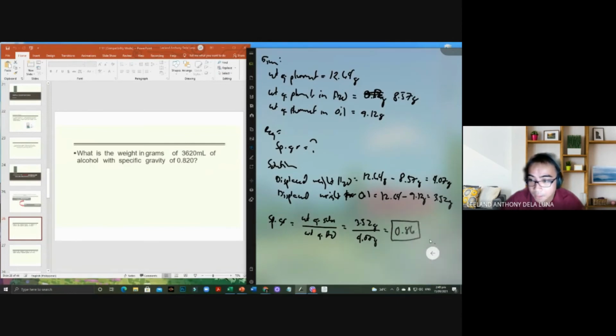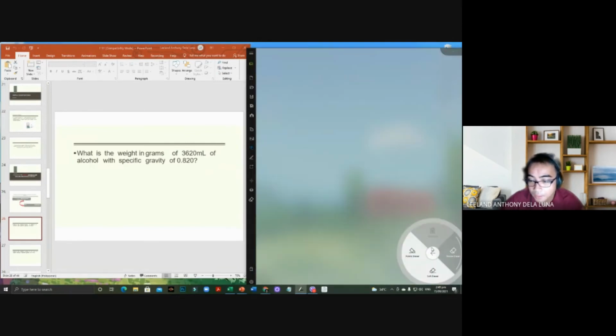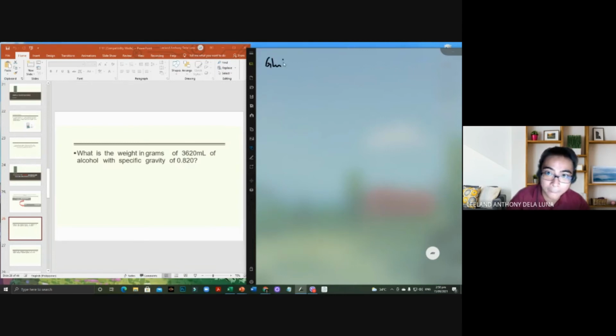excuse lang, erase all. Okay. A specific gravity of 0.820 is equivalent to 0.820 grams per ml. Okay? That's the same thing. That's what we consider. So therefore, ang given ko, specific gravity, which is equal to,